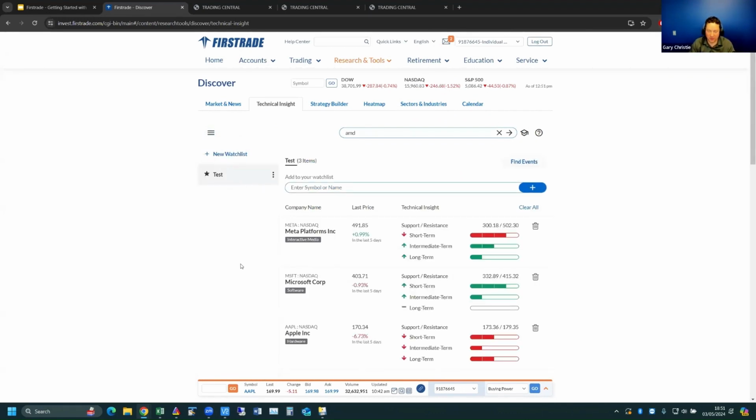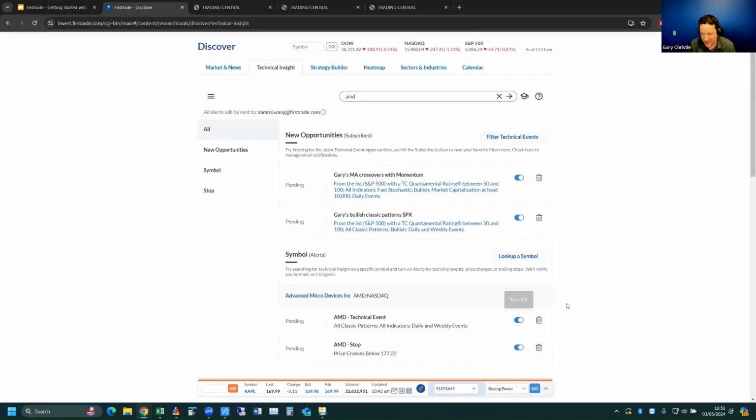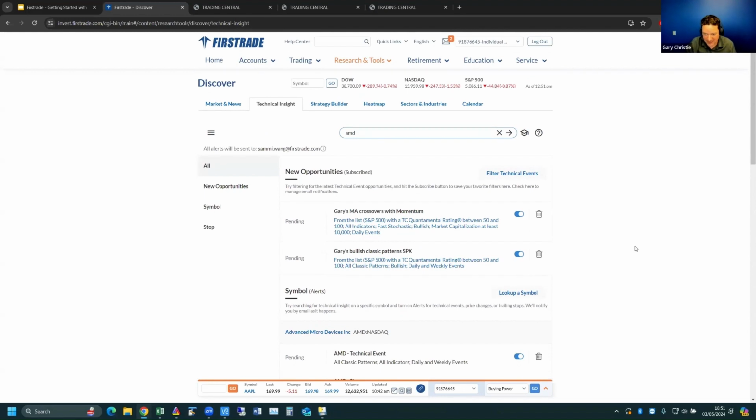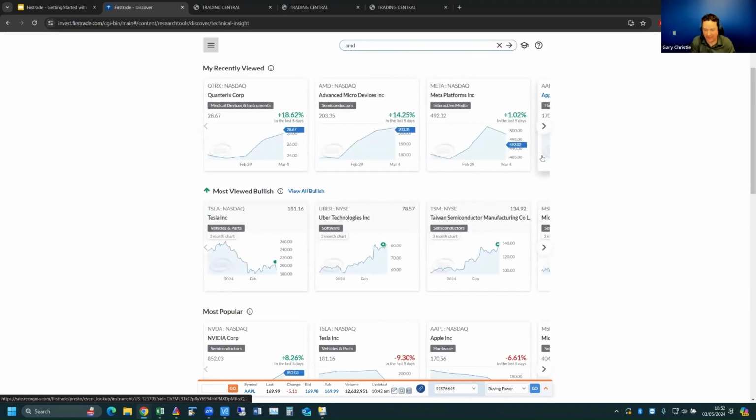So this is your own little research portal for stocks that you can create as many as you want, and then have them automated and alert you. You jump into your alert center and then go ahead and activate that alert or deactivate the alert. Up to you. I spend a lot of time here on this product. It's one I use so much. There's lots more I can talk about for sure, but I'll let you go ahead and play with it and really explore. You'll see how useful it really is, just to save time, which we all can use these days,